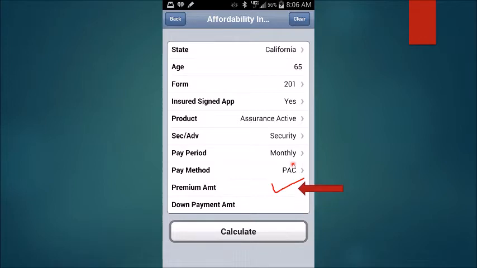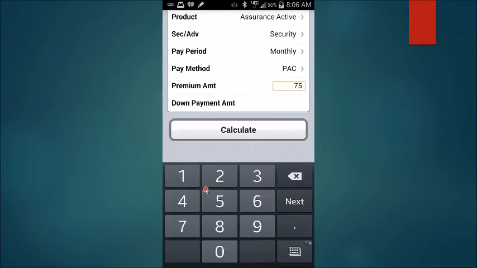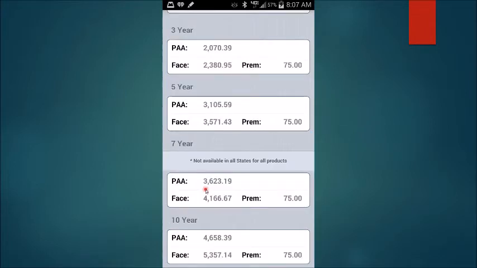But you'll notice as we get down to this box, the other box said the prearrangement amount. This box says premium amount. So you'll enter in the monthly premium that they can afford to find out how much insurance they can afford. In this case, let's use $75, okay? And it'll return the results, and you'll notice here that you'll have the premium at $75, and if they only want to make 3 years' worth of payments, they can afford a face amount of